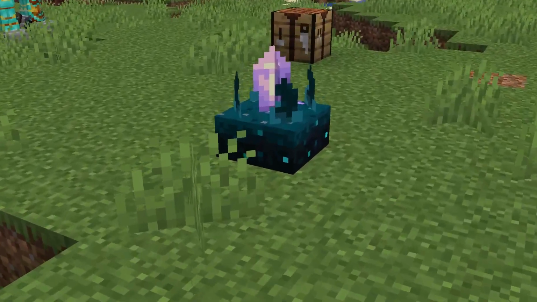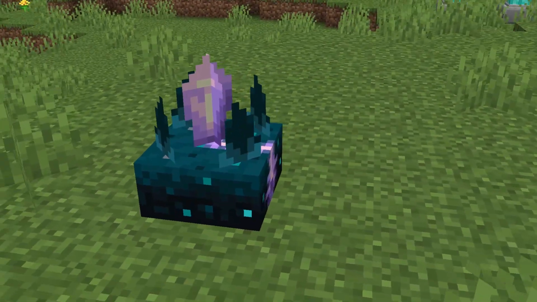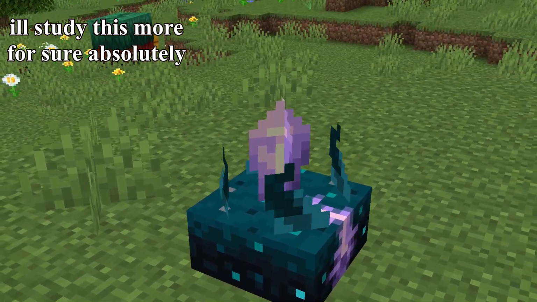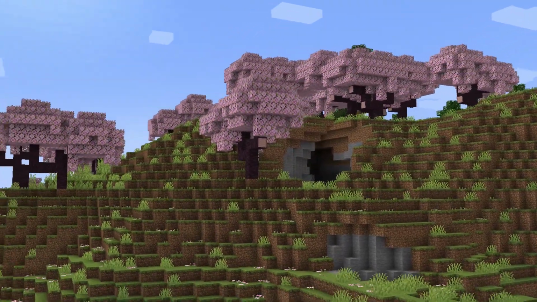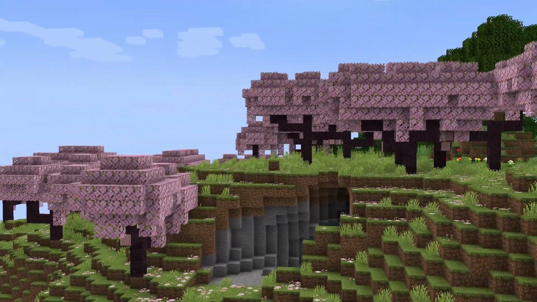It's an intriguing looking model, if I say so myself. Like, what is even going on here? Minecraft Snapshot 22w12a. There is one final thing that we need to take a look at today, and that's the